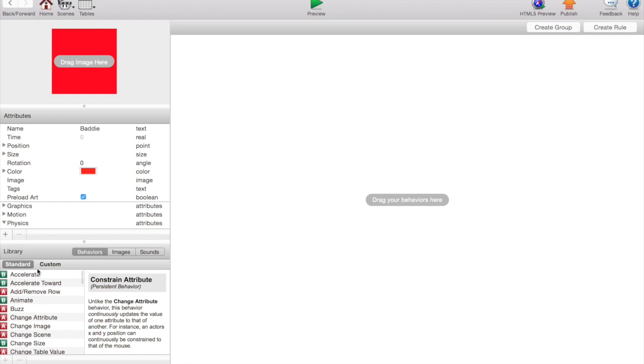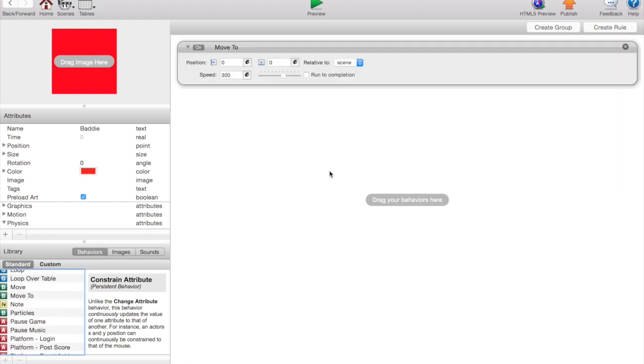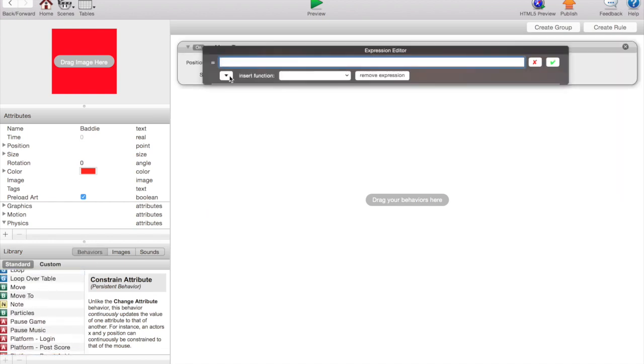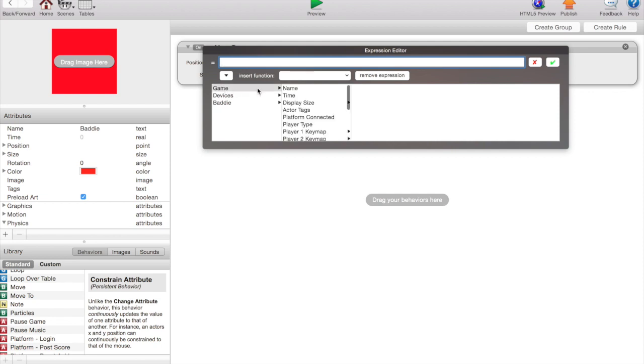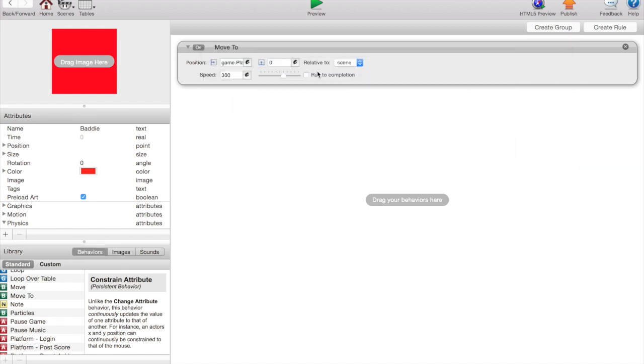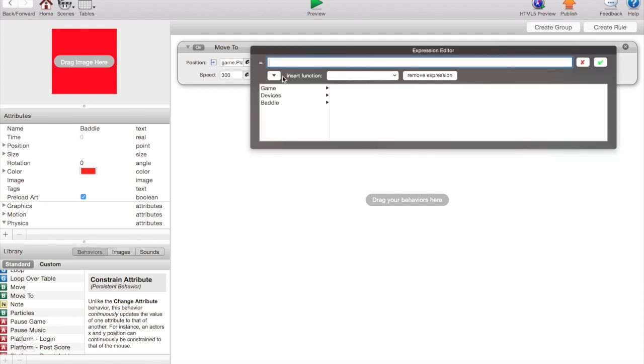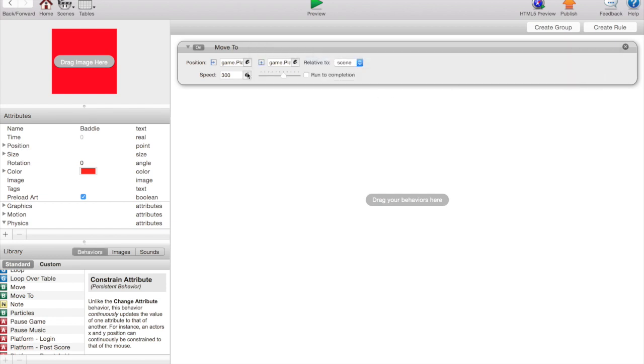Accelerate's not bad, but whenever they have to change direction, they have to kind of slow down before they do so. So I'm going to go with move to because it goes a little bit faster. And what I'm going to have him move to is the X and Y coordinate that we've put out to the game. So player X is right here. This little arrow means X. It's pointing to the right, which should be our X. And then this one will be Y, of course, because it's pointing up. And this is our vertical set up here, so we're going to use player Y. Okay, and 300 is pretty fast, so we're going to change that to 100